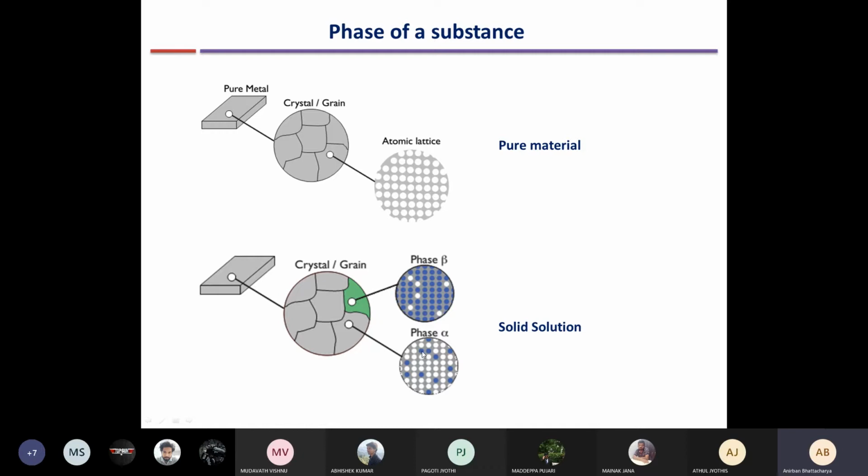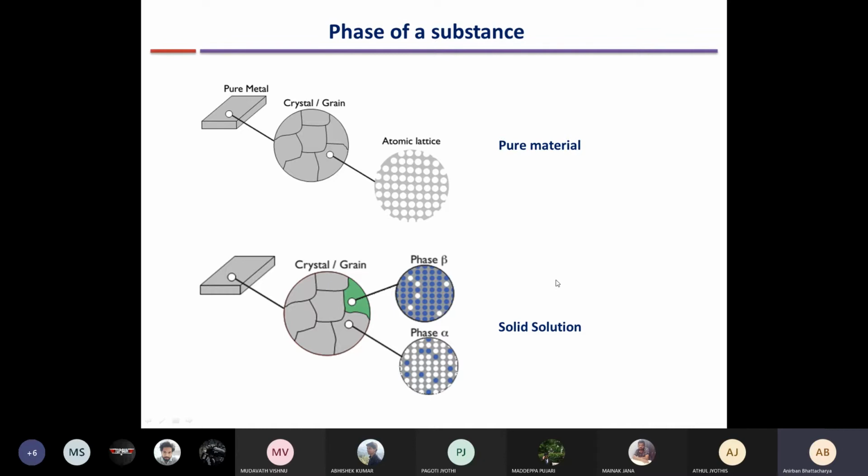And we cannot keep on replacing a large number of atoms of A with atoms of B, because then there will be a lot of distortion in the crystal structure, because the atoms are not of equal size. If the atoms are of equal size, we can keep on replacing all the atoms with other atoms, like copper and nickel. But if they are not of equal size, introducing each atom will distort the crystal structure and cause an increase in strain energy. So after some time you cannot incorporate any more new atoms. You reach the limit of solid solubility, as we have discussed previously.